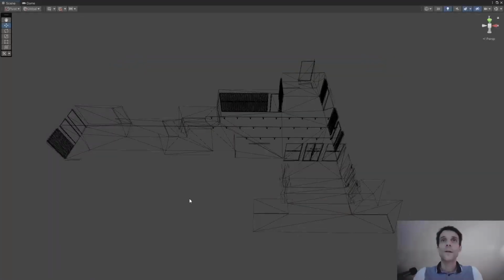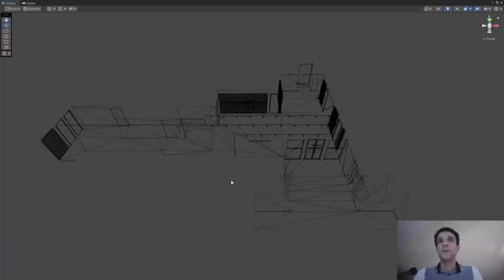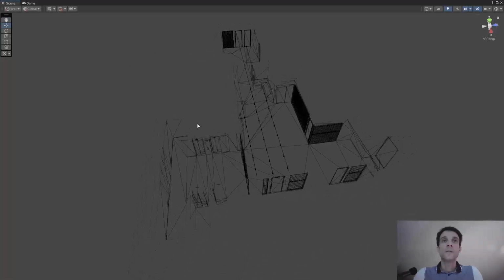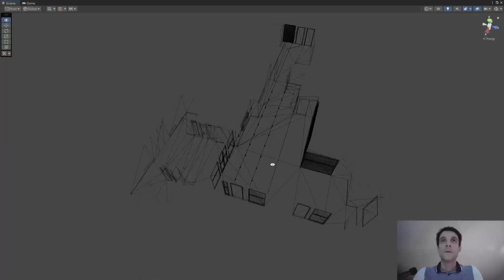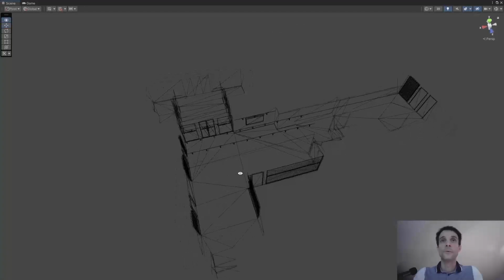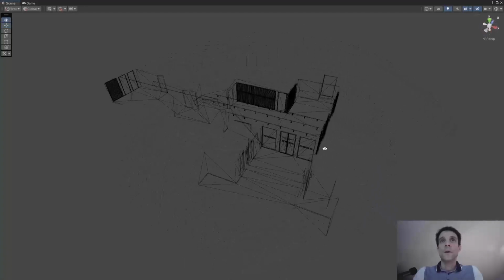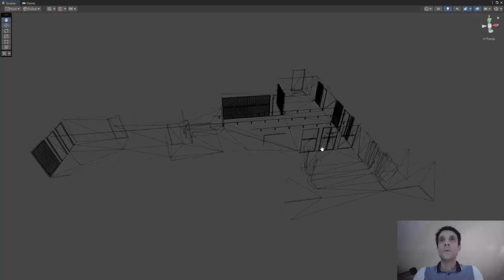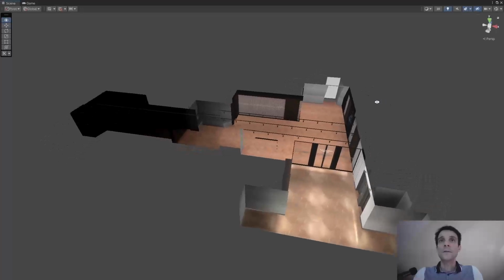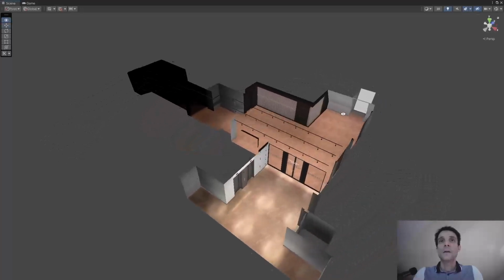All right, welcome back. So now we are inside Unity, having a look at the environment that I previously showed you in Blender. So just to recap, we have in here the hall, this entire space over here, and this other space in here is the foyer room. So this is the wireframe view. So I'll quickly change that to shaded,